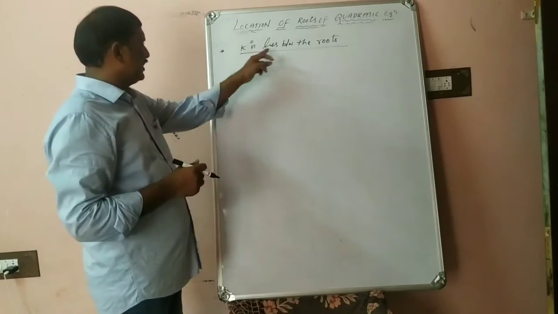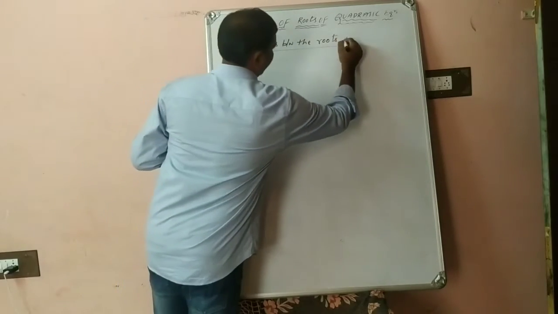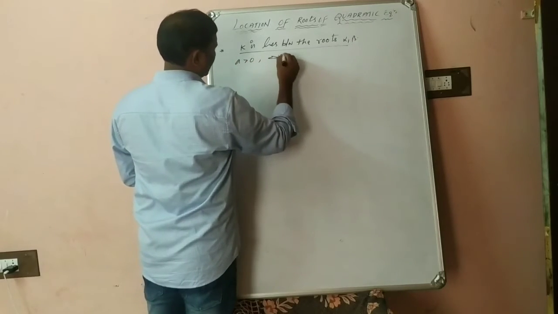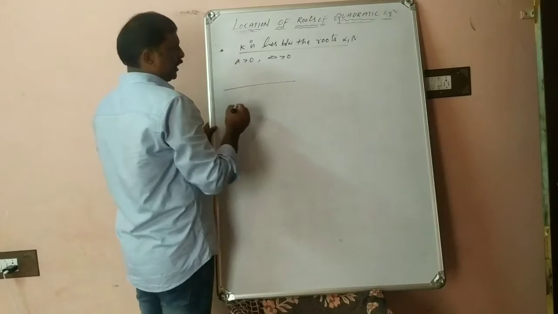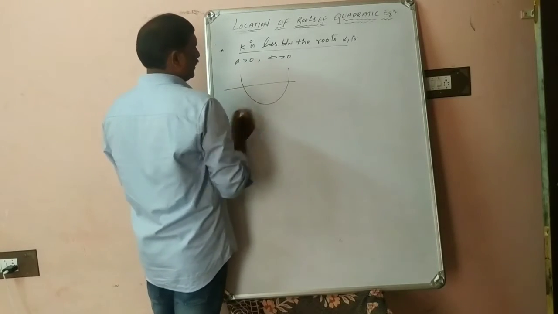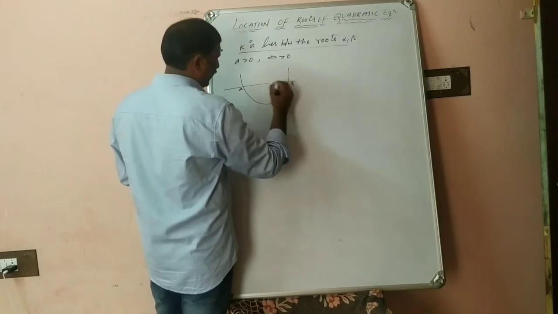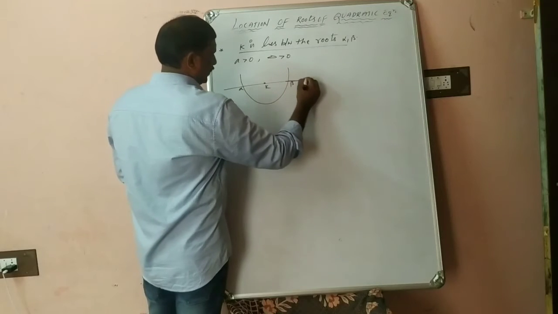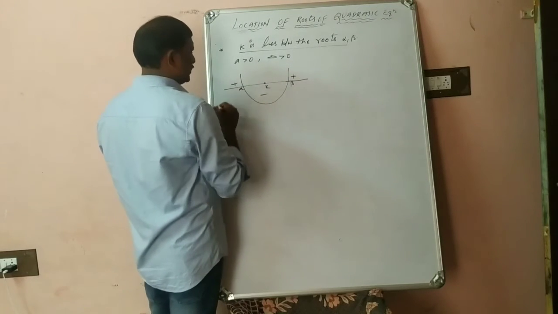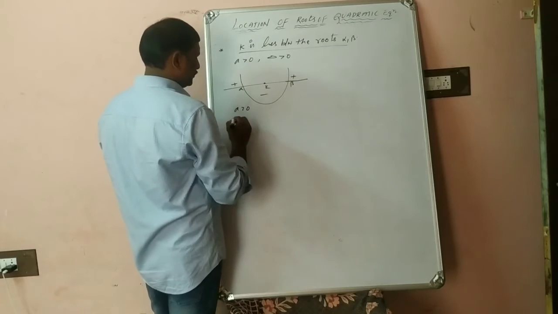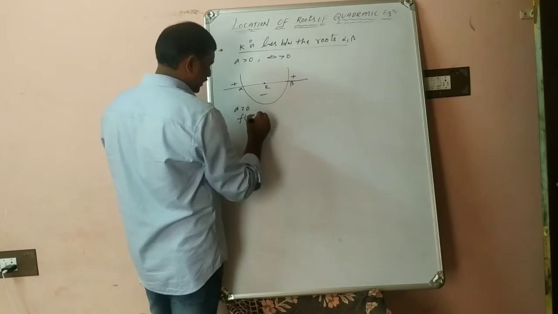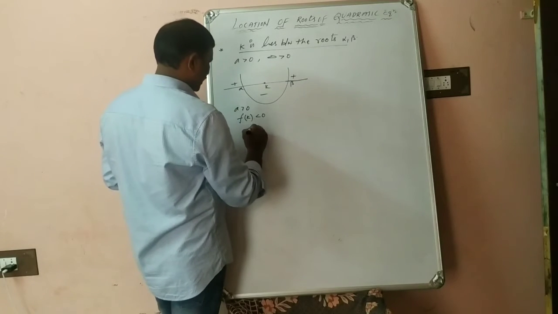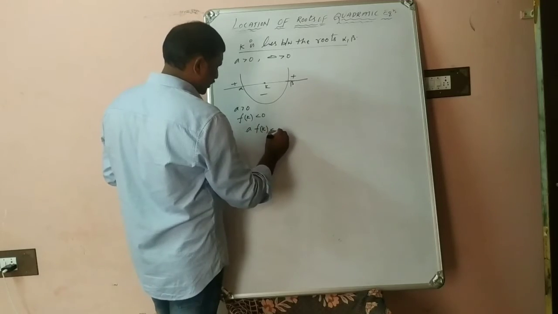The other case is k lies between the roots alpha and beta. First case, a is greater than 0 and delta is greater than 0. The same, a positive, upward parabola. And where is k? It lies between alpha and beta. So this is k. Now by using the wavy curve method, this is positive, this is negative, and this is positive. So in this case a is positive. What about f of k? f of k is negative. So we can write a into f of k.